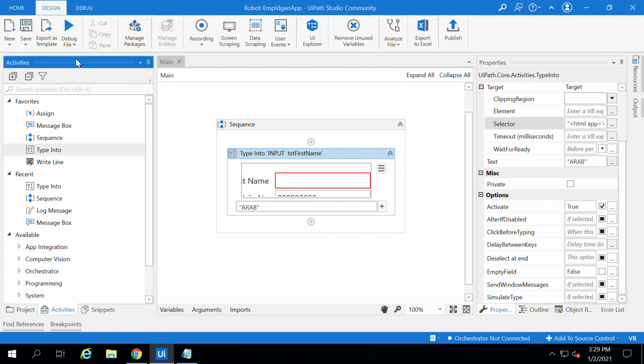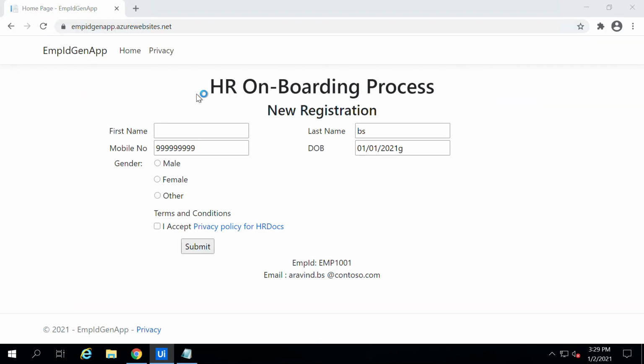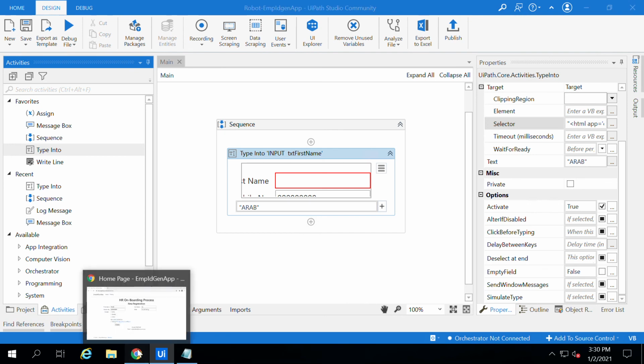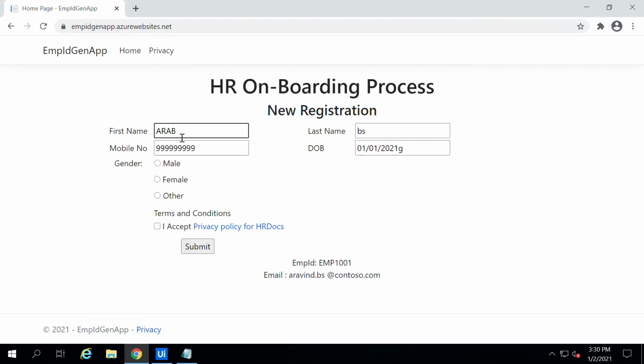It's saved, and then run this process. What it does is add the value to the first name field. Yes, if you see here, it's added. Whatever value I have given in the activity, it's added.